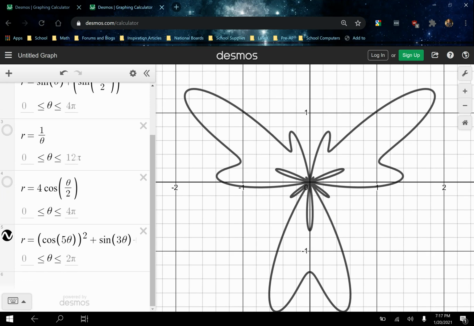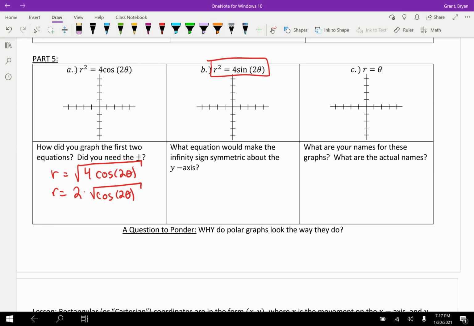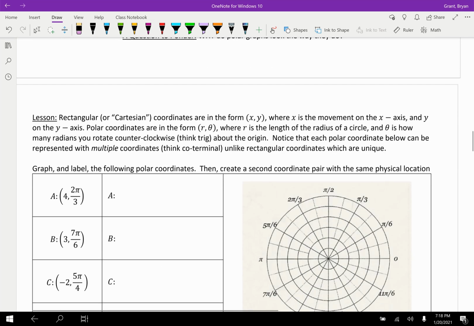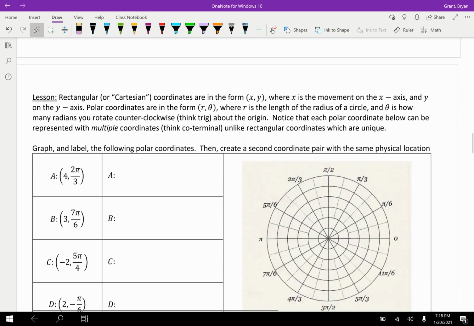But long story short, really cool graphs with polar, but we haven't answered the overall question. And our question to ponder here is, why do the polar graphs look the way they do? Or maybe a better way to phrase that is, how are polar graphs created? And we're going to start to answer that question today, and we'll deepen our knowledge over the next 3 or so classes. Okay? Rectangular Cartesian coordinates are in the form of x, y,